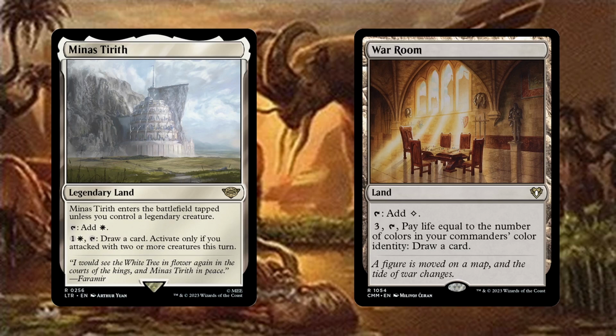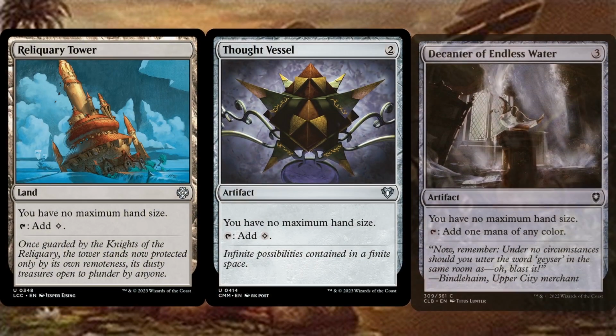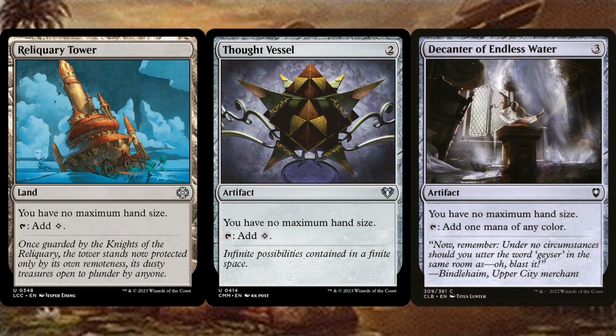We have to attack in order to be able to use Minas Tirith and lose 2 life with War Room, but those aren't enough deterrents to warrant excluding them from the deck. Reliquary Tower, Thought Vessel, and Decanter of Endless Water are included due to how many cards this deck has the potential of drawing into. The last two have the bonus of being mana rocks, but with the deck being green,